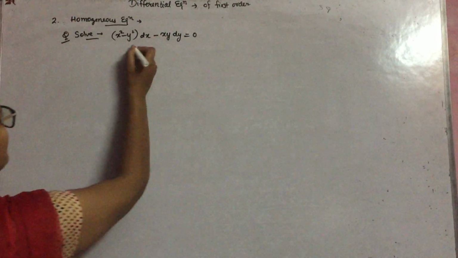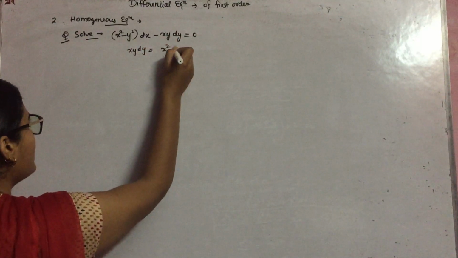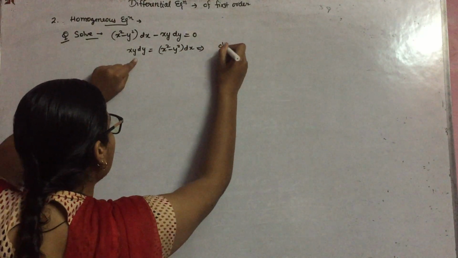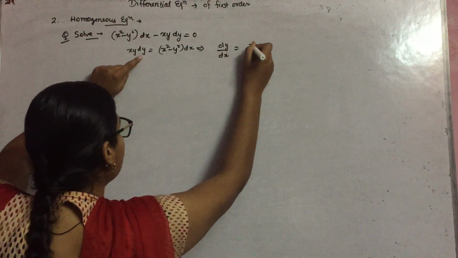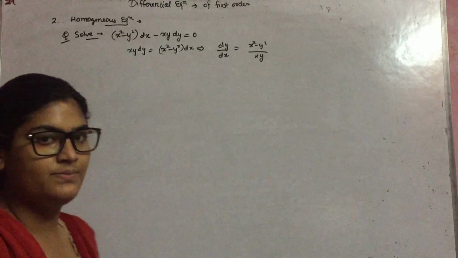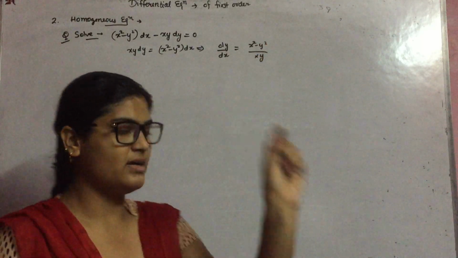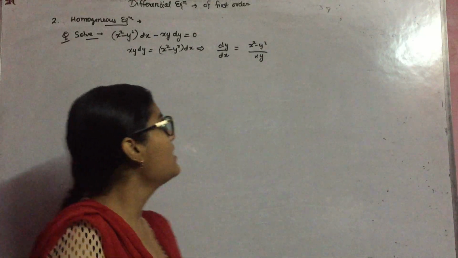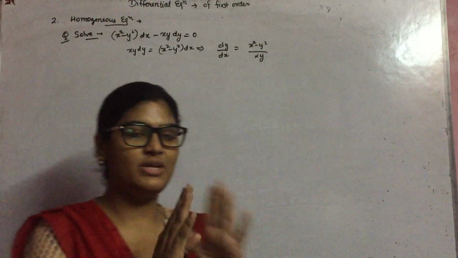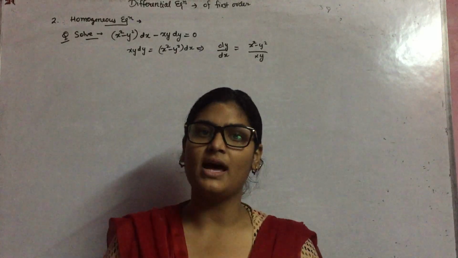Okay. So how can we do it? Take xy dy to the right side and x square minus y square dx remains on the left side, and if you take dx here on the left side, x square minus y square upon xy. Okay. If you check it, you can see that the power of x is 2, the power of y is 2, and the powers of x and y together are 2, that is 1 and 1, 2. Because it is a monomial, a single term, its power becomes 1 and 1, 2. So if you check it, the numerator and denominator have the same degree, that is 2. So it is called a homogeneous equation.